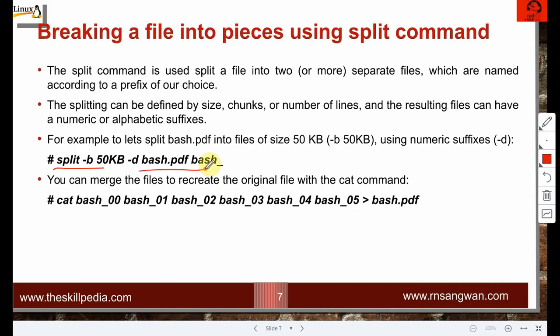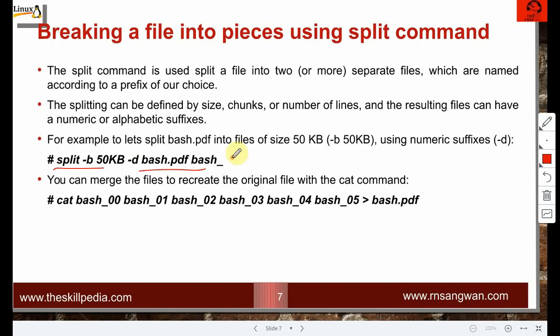If you have 10 parts and have downloaded 5, and while downloading the 6th part something goes wrong and the network disconnects, next time you connect you start from part 6. That is the purpose: network, speed, transportability, copy, size. That's why we split the file into pieces.